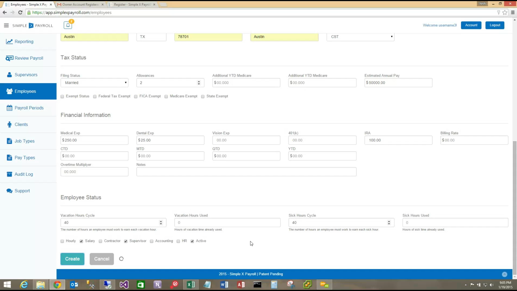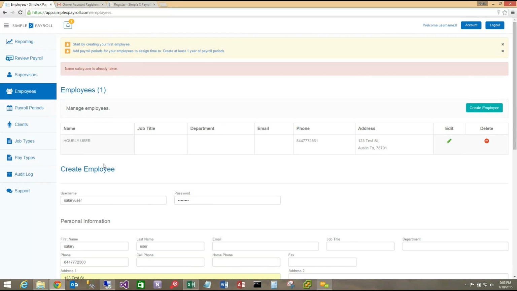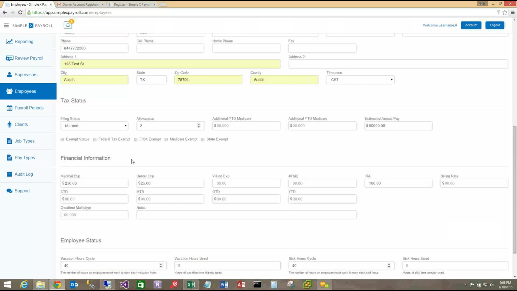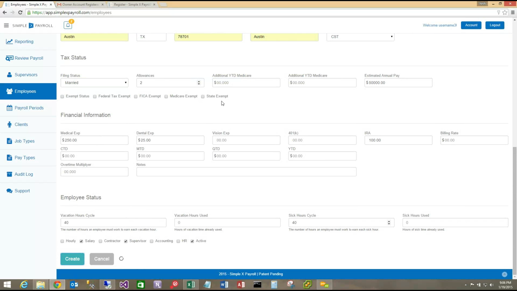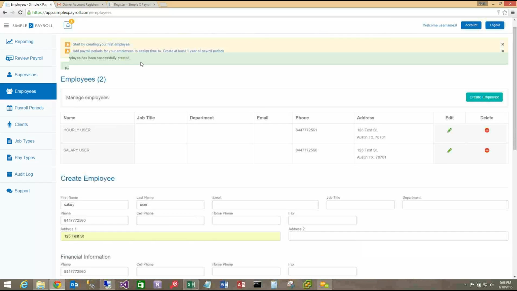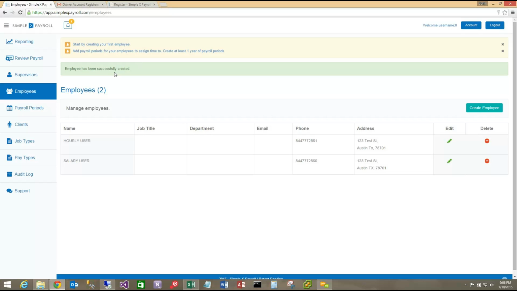So we'll click create, and we have our username is already taken. So we will add a 2 to that. Go ahead and click create. Okay, so it says my employee has been successfully created, and I'm going to go to the very next notification